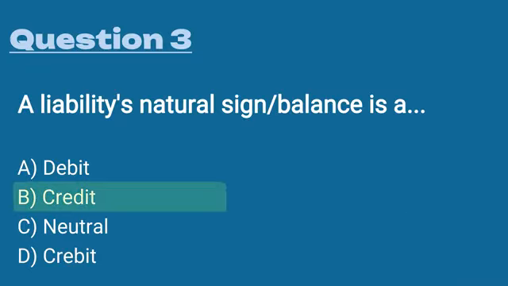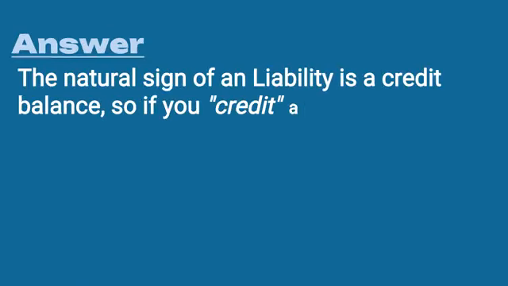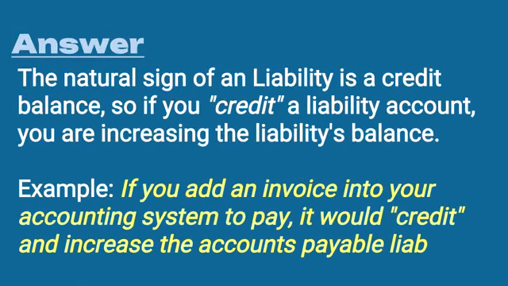The answer is B. It's a credit balance. The natural sign of a liability is a credit balance. So if you credit a liability account, you are increasing the liability's balance. For example, if you add an invoice to your accounting system, you would credit accounts payable, which would increase the